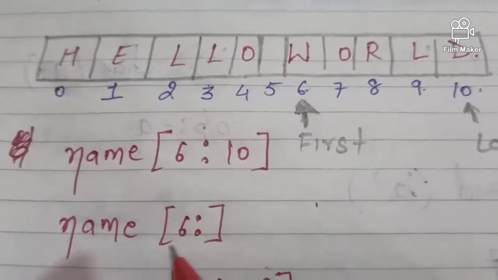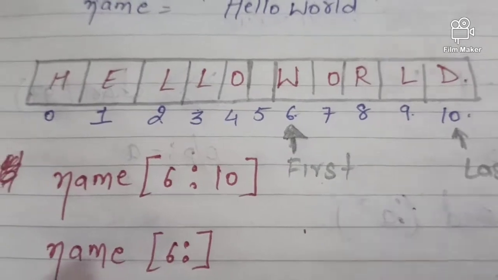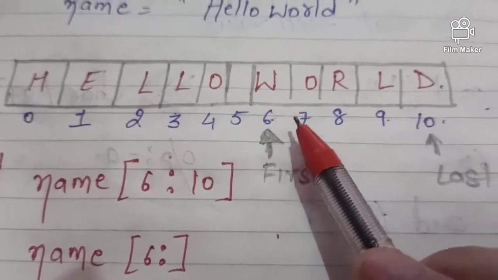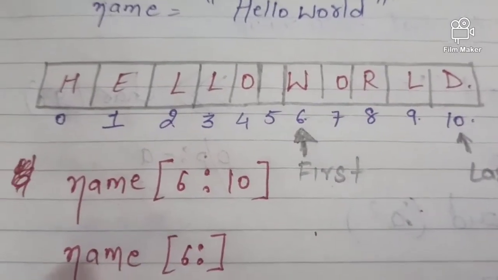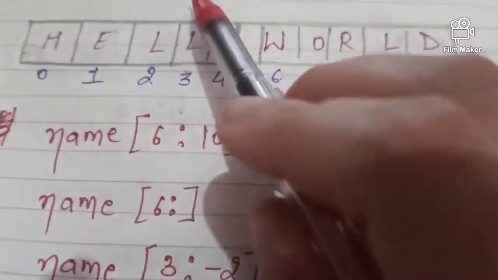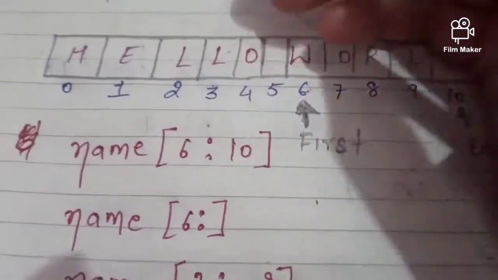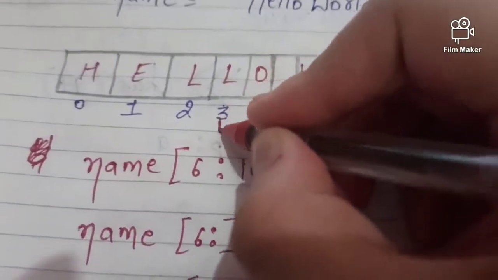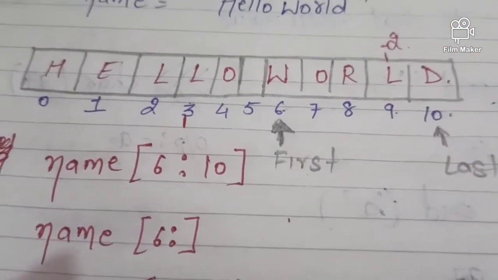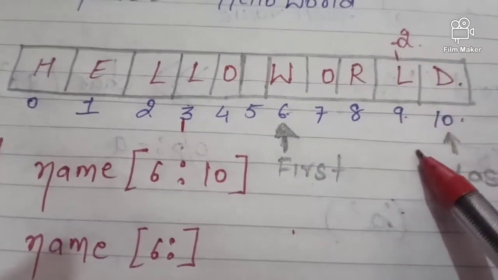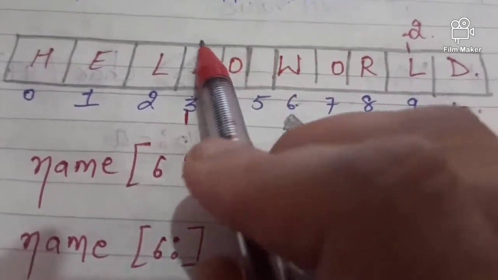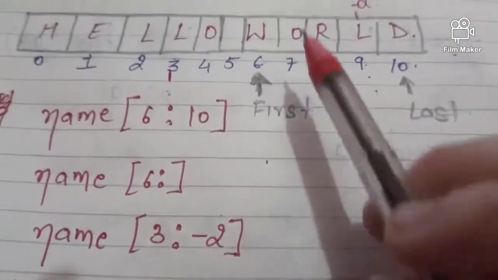ठीक है. If I am writing name 6 colon, means here the value of n integer is given but m is not given. So it's given, that is 6. So it is the first and then it will take the last automatically. Then here it's given name 3 colon -2. So 3 is this, right? This is my first value. Okay, and -2 comes here, the last value it takes. Is that clear, children? Means by default it is 9. It takes the last value because it's taking the string indexes from the backward direction. Clear? So in this way you can identify.